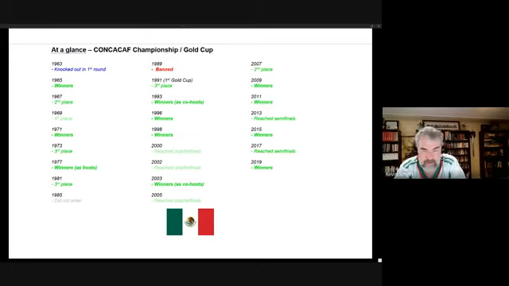1969 was their worst performance. After beating Jamaica in the first game, they lost to Costa Rica and Guatemala, tied Netherlands Antilles, and tied Trinidad and Tobago, both of whom they meet in this group. And they finished a humiliating 4th out of 6.